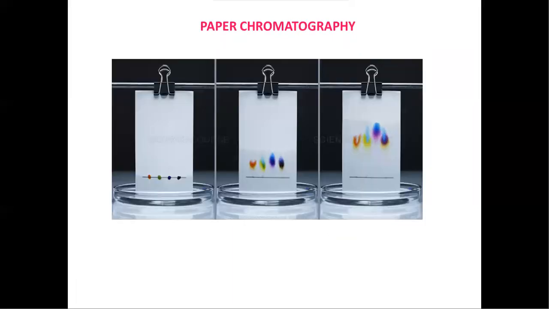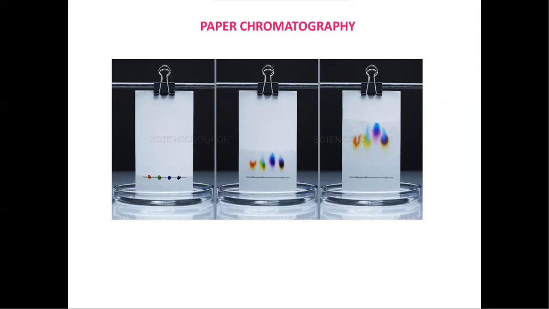And first coming to the paper chromatography, this is the basic chromatographic technique that we are using in the laboratories and quality control labs. Here we have taken a Whatman filter paper and a mobile phase. As I already told you, we have two important requirements: one is mobile phase, one is stationary phase. This is paper chromatography because we are using a Whatman filter paper.